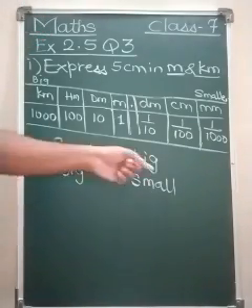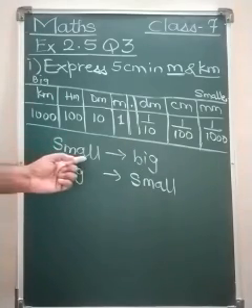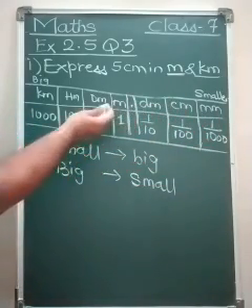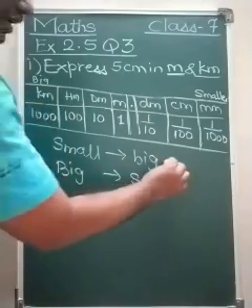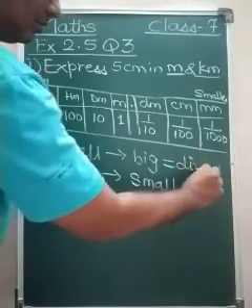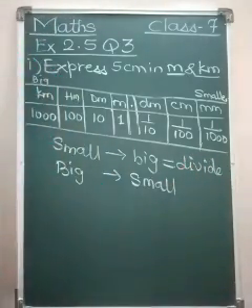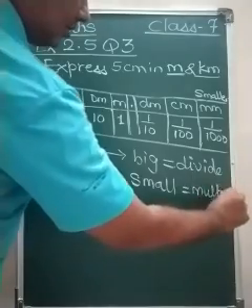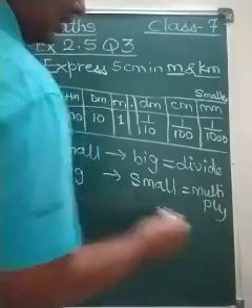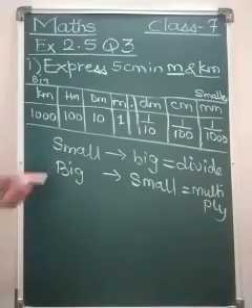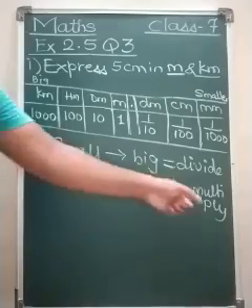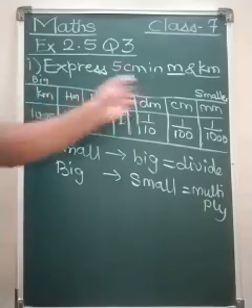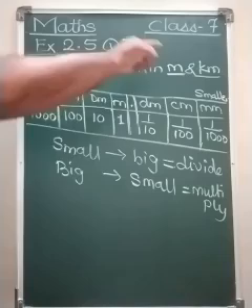When we go from small to big, as I said in yesterday's video also, that is, when we convert millimeter, centimeter, decimeter into meters, decameter, hectometer, kilometer, we will divide. And when we go from big to small, we will multiply. Once this concept is clear, this conversion is very easy. Small to big, divide; big to small, multiply. This is to be kept in mind when we are solving this sum. Now I will rub out this whole thing and we will start with our original sum.